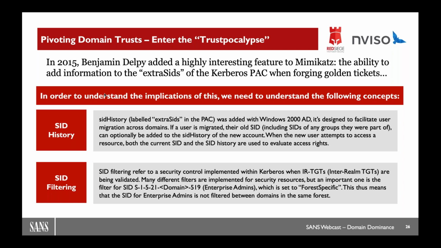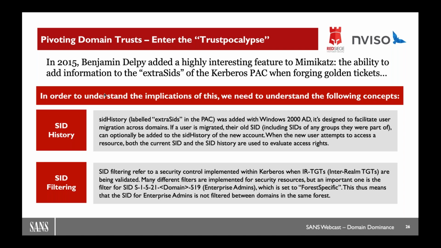So once we had Windows 2000 Active Directory, we used extra SIDs as an option to allow migrated users to still know what their old SID was. Now, what's an SID? The SID is, of course, a security identifier. It means that I have a certain security identifier and I have a number of groups that I'm a member of. So I know these are the security identifiers that I have access to, right? The current ones. Now, what we can add though in the PAC, the privileged attribute certificate, is what we call extra SIDs. Those extra SIDs can include old SIDs, for example, that we used to have access to when, for example, an account was migrated.